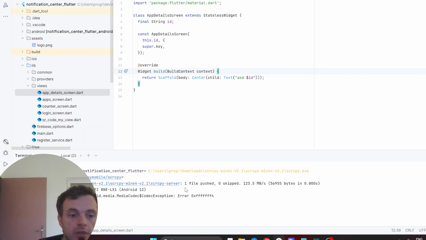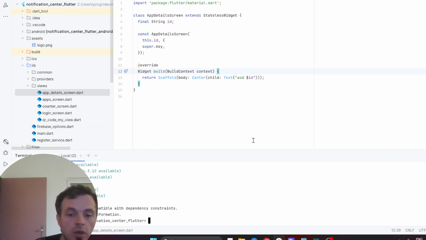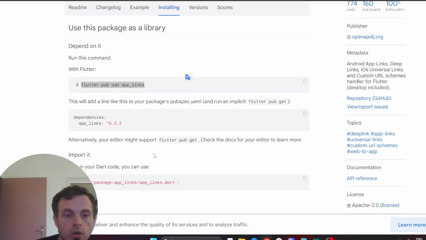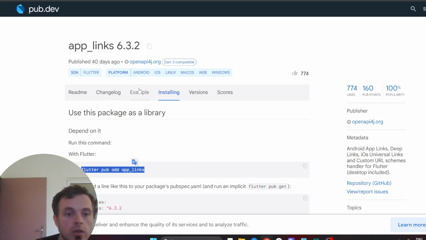So this is installed, and the example shows